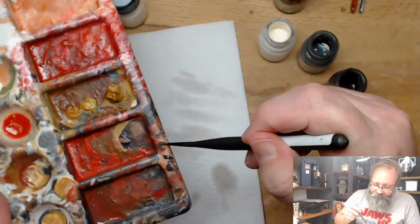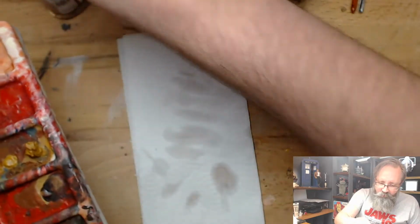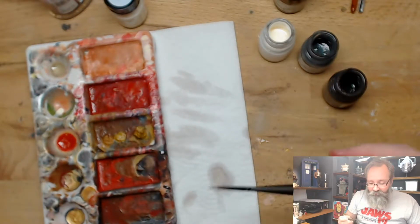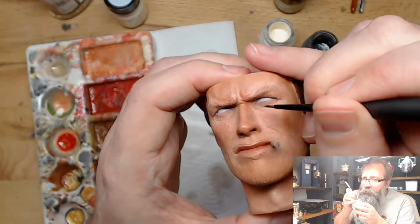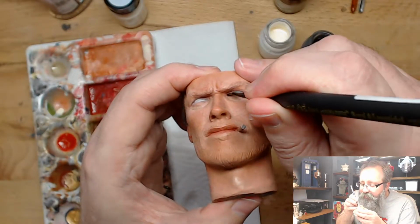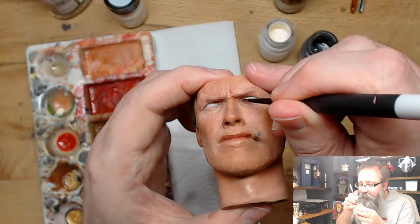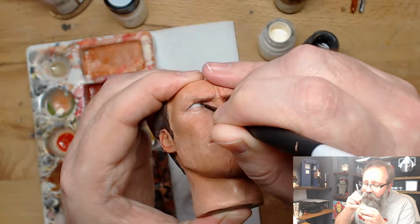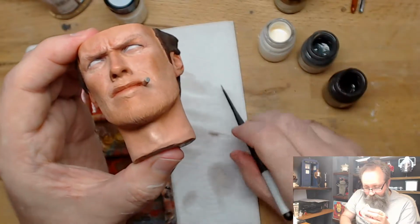And I just want to thin this right down. I just want a very thin, washy, almost umber coloured water, and I just want to go in here. I want to use that to chuck in some shadow just in that shadowy bit. Quite a lot of water on there, but that's okay because it'll pool in the crevices and create some natural shadow. Then what I can do is wipe off some of it